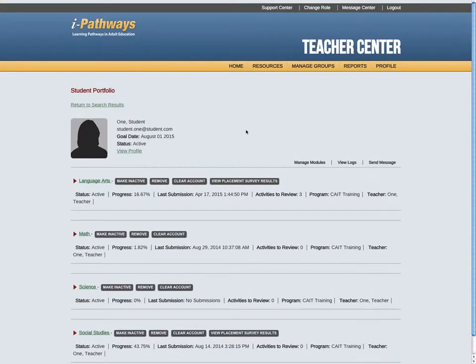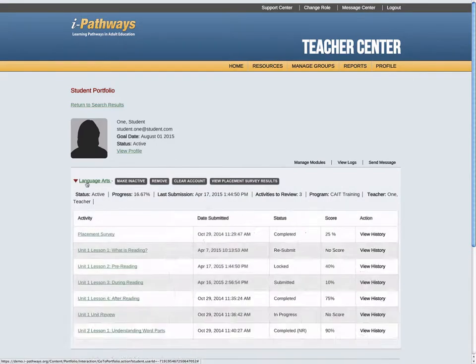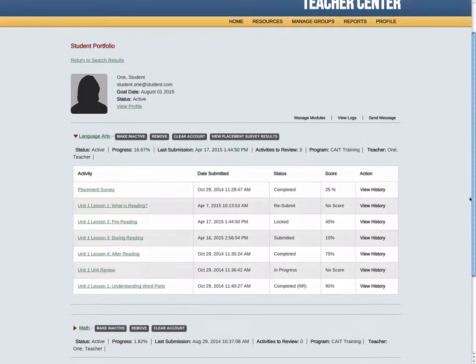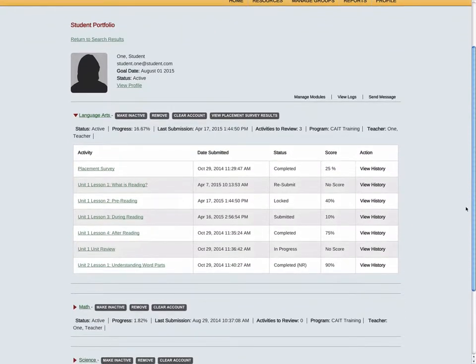This tutorial will show you how to assess a student submission. To review a student submission, click on the module you wish to review. This section of the student portfolio will only show lessons the student has attempted. In other words, if a student has not submitted a learning check for a lesson, it will not appear on